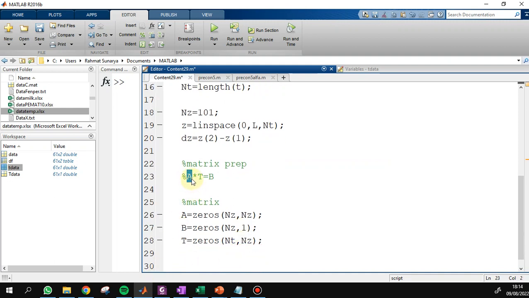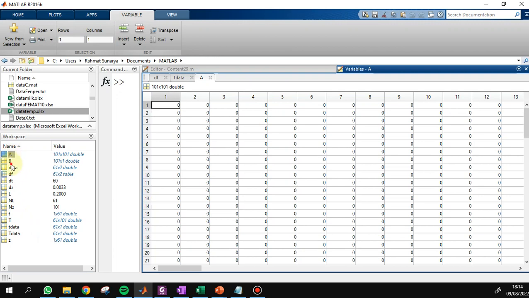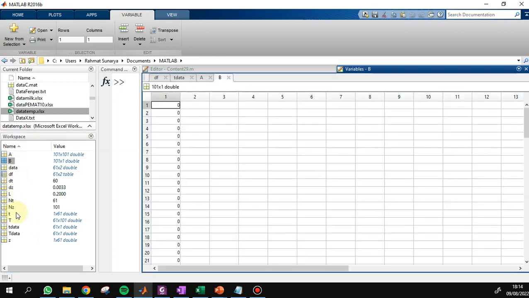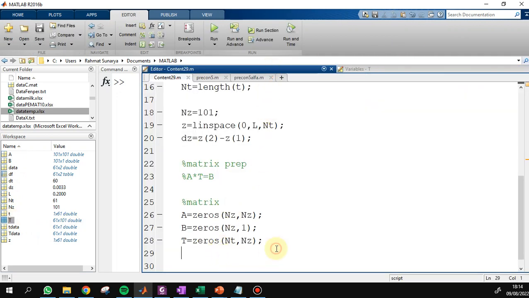A is the coefficient, T is the variable, B is the constant. Next, run. We have three matrices: A, B, T. Next, we will fill in the initial condition.